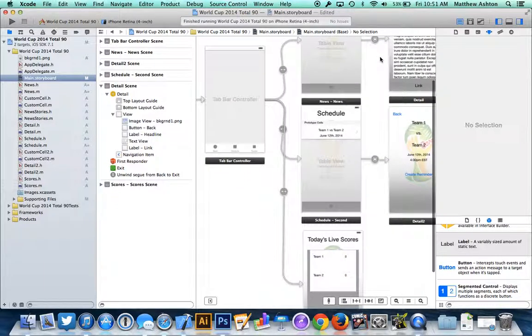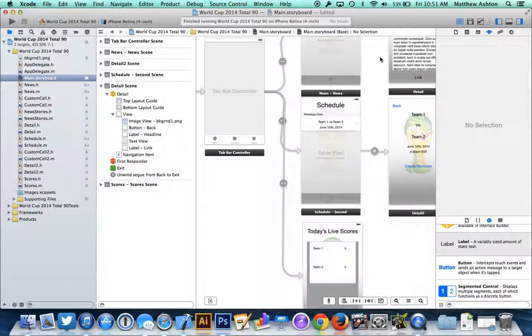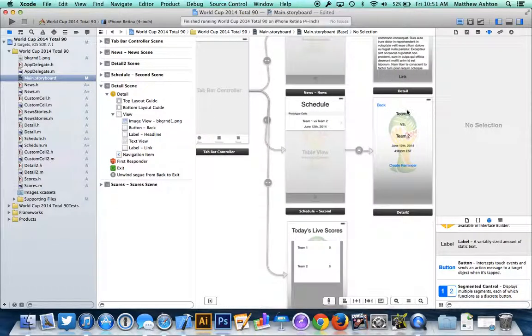The schedule is going to have all the days of the month for the tournament and then who's playing on those days. You'll even be able to then click on a specific day, which will bring you to a detailed view that obviously has who's playing, the date again, the time, and then also you'll be able to create a reminder. I'm going to be hopefully tying into the Event Kit, going right into the reminders app, creating a reminder,